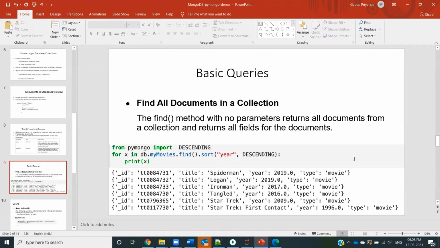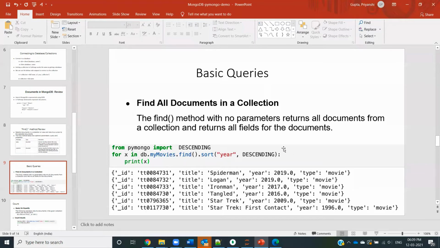So let's go through a basic query. If I have a collection that I have connected to and I want to see all the documents that I have in that specific collection, then I'll use the function db.mymovies, which is basically the connection to my collection, and dot find function without any filter, because I want to see every document which is there inside this collection.